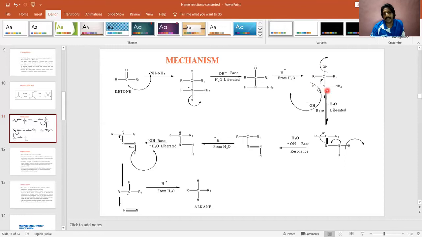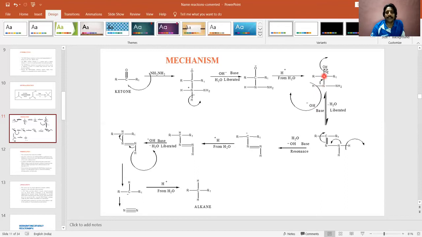But at the same time, we have water here. The water dissociates into H plus and one more OH minus is there. That OH minus will act on the second hydrogen atom of this nitrogen. Earlier, one hydrogen atom had been grabbed by this hydroxide ion. Now the second hydrogen atom is also going to be grabbed by this hydroxide ion. That will leave a pair of electrons on nitrogen, and later the pair of electrons can shift over here.